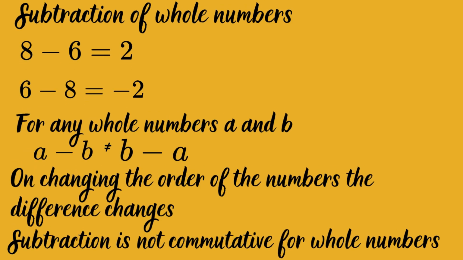Let's look at the commutative property of subtraction of whole numbers. Let's look at two whole numbers, 8 and 6. When you subtract 6 from 8, that is 8 minus 6, you get 2. Now, if we change the order and we do 6 minus 8, or we subtract 8 from 6, you get